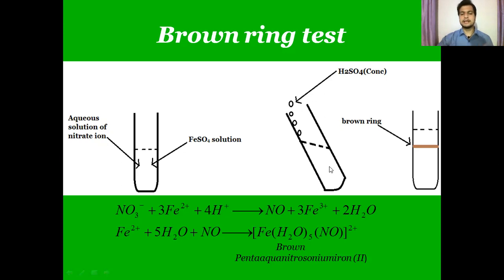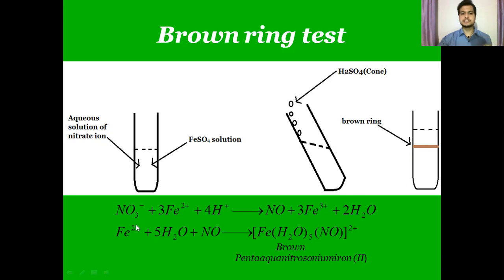As you go on adding, since there is a difference in density, the concentrated H2SO4 goes below, and the water with the nitrate ion and ferrous sulfate solution will come on top of the H2SO4. This will be separated clearly since they have two different densities, but at the interface, the ferrous sulfate, the acid, and the nitrate ion come in contact, and at the interface of these two liquids, the reaction